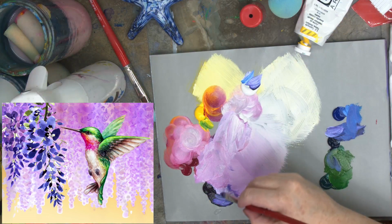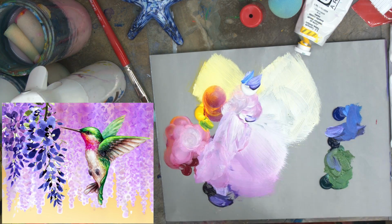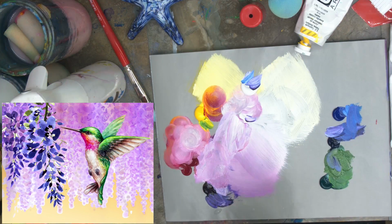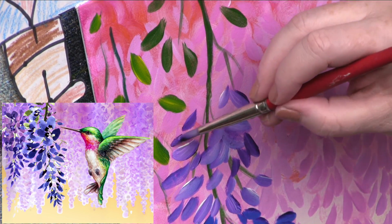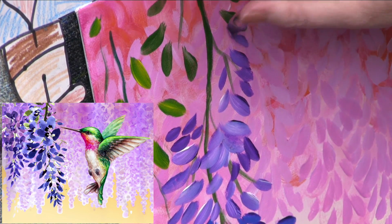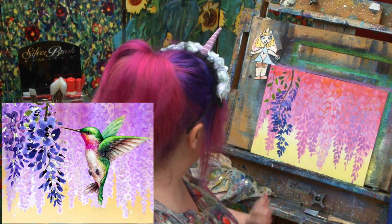And I'm just building this up as I come up. You can have them be darker into the purple, anywhere you want them to be. And it's just a press and a pull, right? It's not hard. It's not crazy. It's just about breathing and opening up your mind and your airways and your belief in yourself as these start